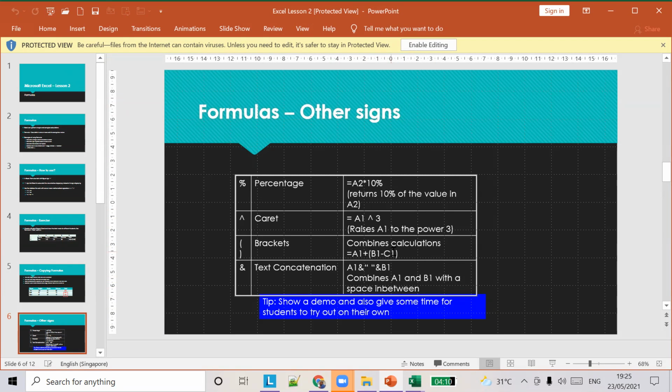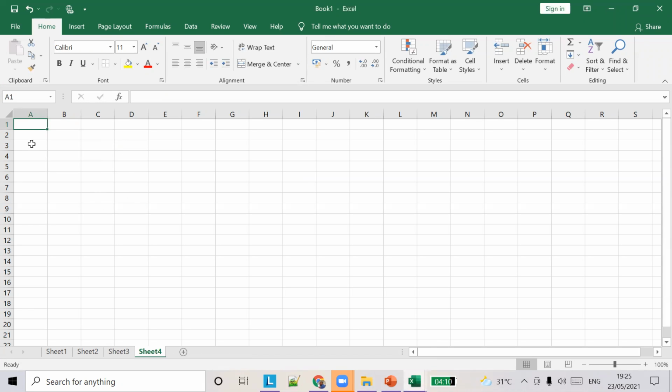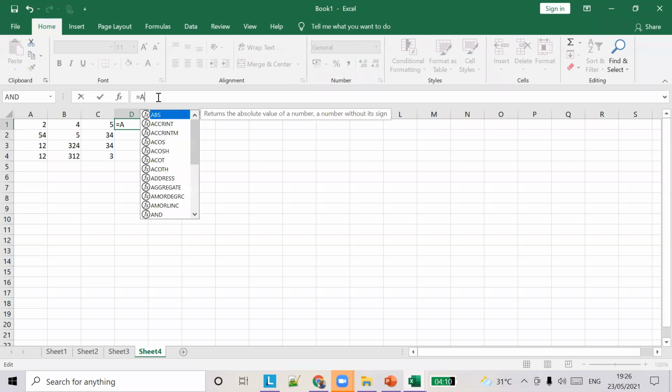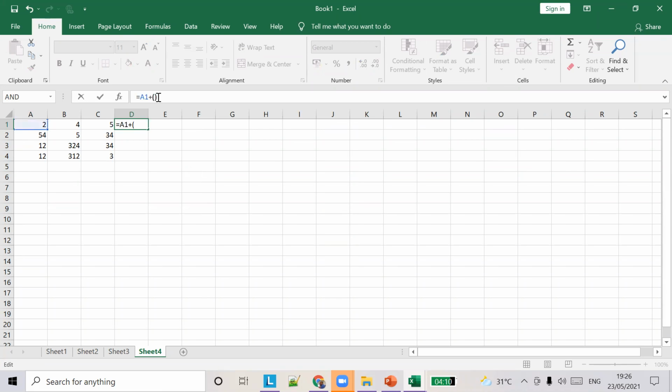Brackets: A1 plus B1 minus C1. Let's say we have 2, 3, 4, 5. Now we are going to type the formula: equal to A1 plus B1 minus C1.